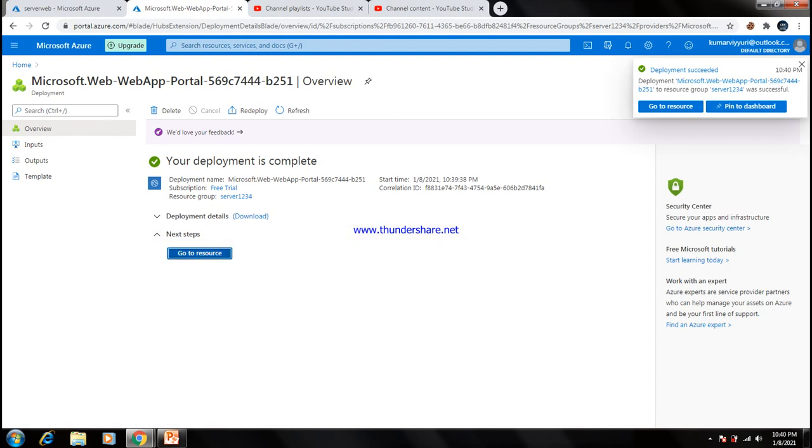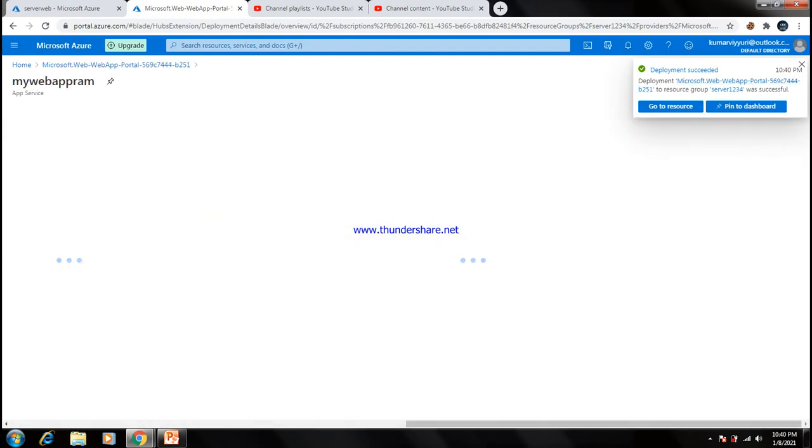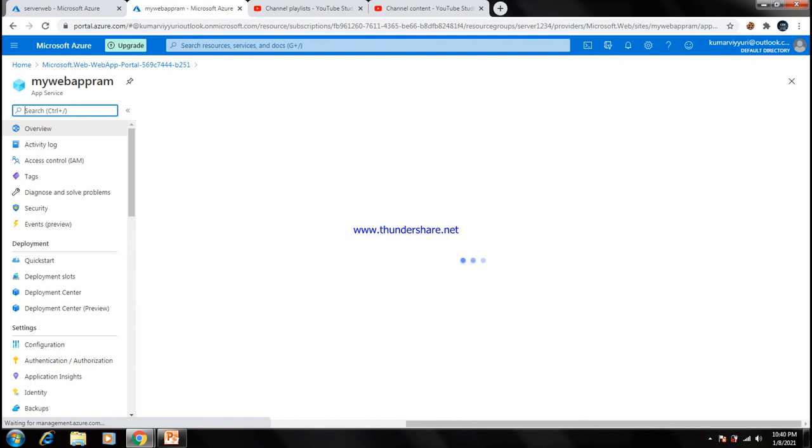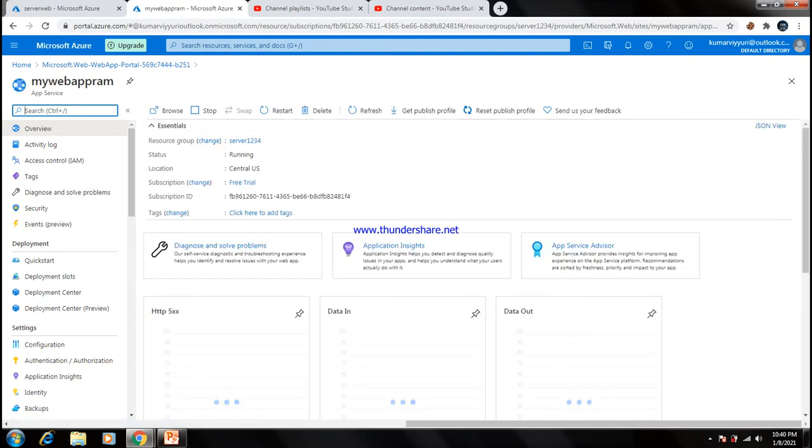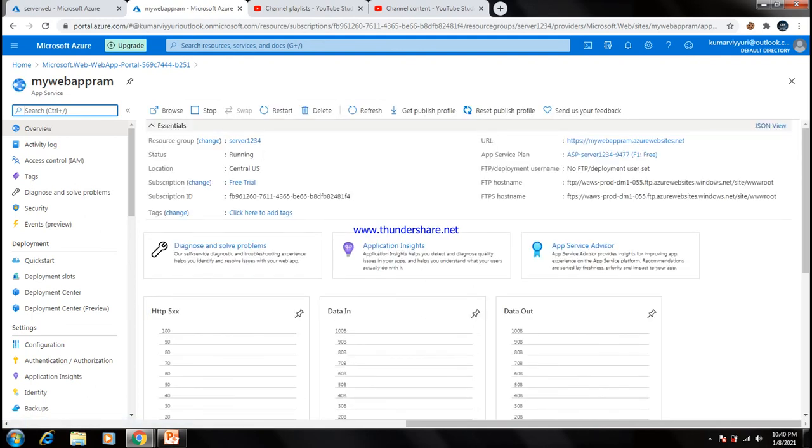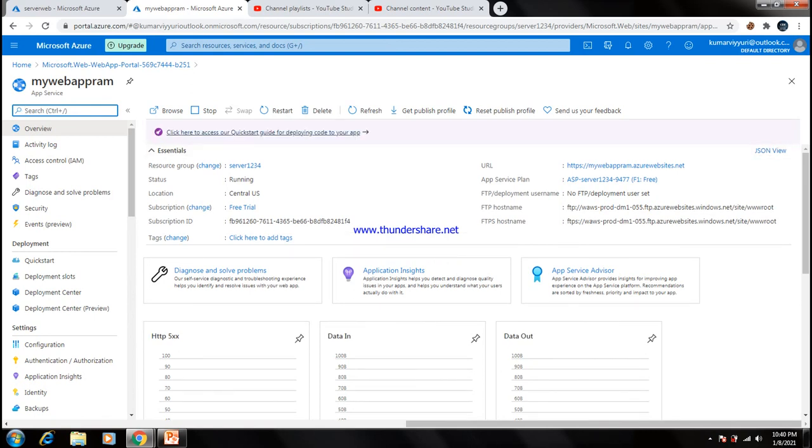So what do you want to do? Go to the resource. The resource will get your web app. See this console. We can see the resource group, the status, the location, the subscription ID, the URL. All the things are available here. These are your other services.